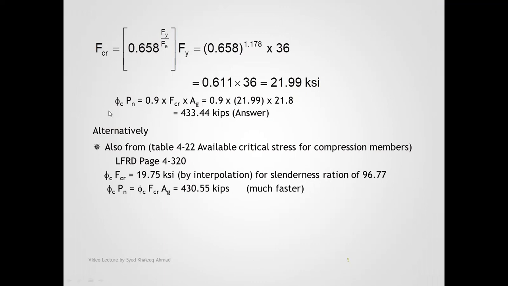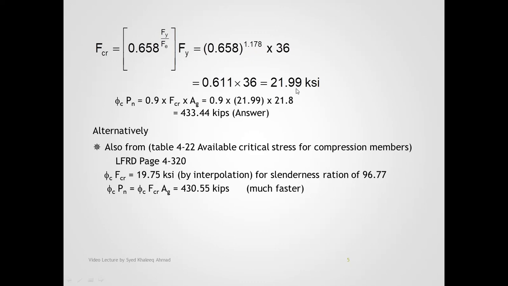Now we use this equation 3.2: Fcr = 0.658^(Fy/Fe) × Fy. So we take the value of Fy, divide by Fe. These values are already calculated here. Fy is given in the question and Fe we have just now calculated. So this factor becomes 1.178. When we multiply these things, we get